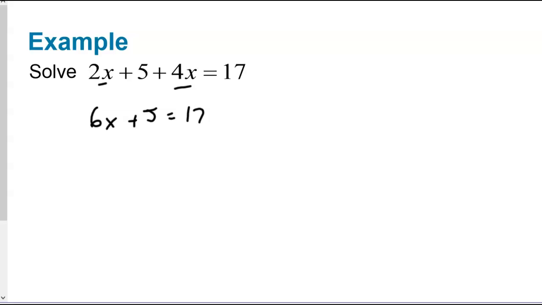Again, let's go ahead and get rid of the addition or subtraction. In this case, it's an addition. The opposite operation is minus, so we're going to subtract 5. What we do to one side, we have to do to the other, so we'll end up with 6x equals